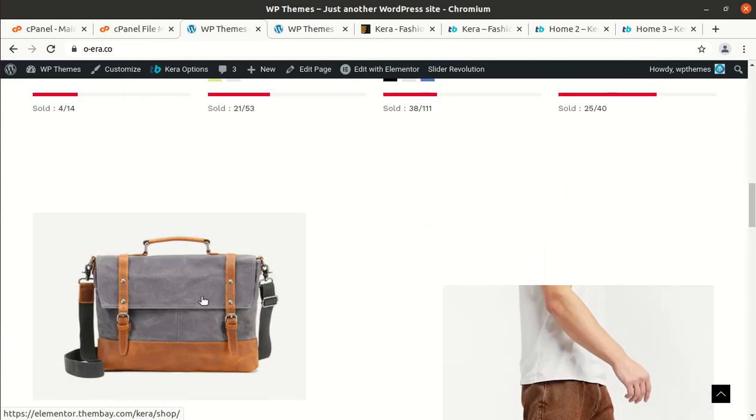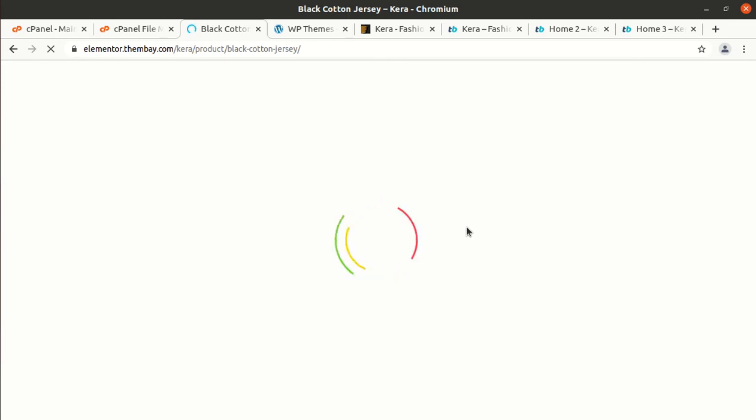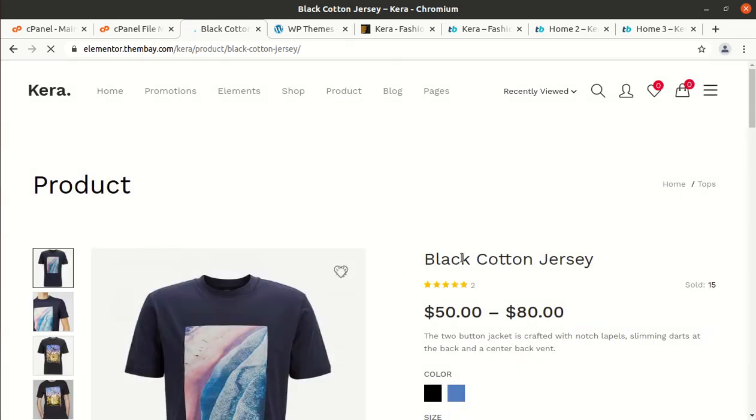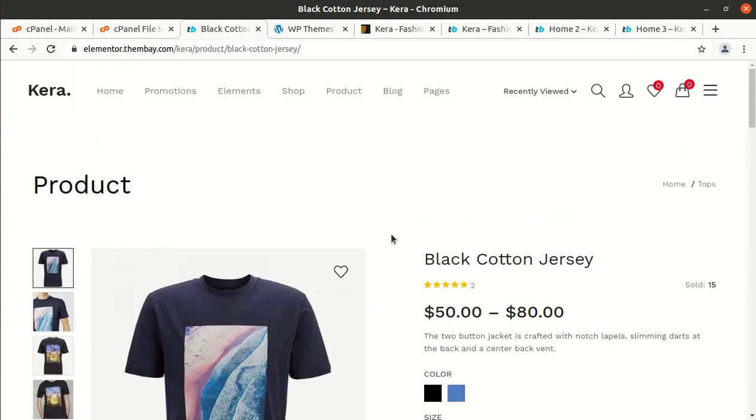So it is all here, and we can simply check the pages. Okay, good. So it has got a wonderful and a stunning look, no doubt, and yes, all pages and functions are working fine.